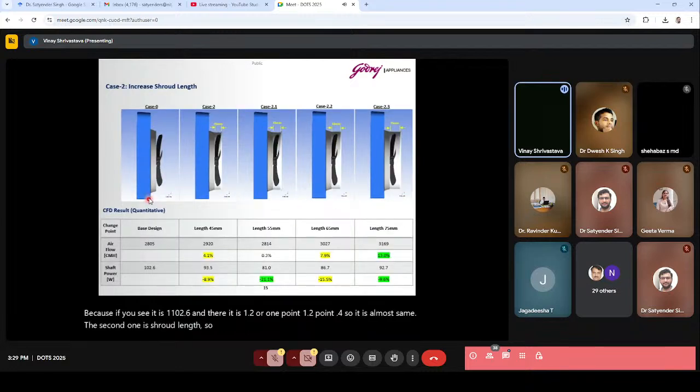Here, we have extruded this shroud by 45 mm. This is case one, and then similarly 65 and 75, case 2, case 3, and case 4, something like that. After simulating this case in CFD, case 2 is having 13% higher airflow rate than the base. At the same time, if you see the